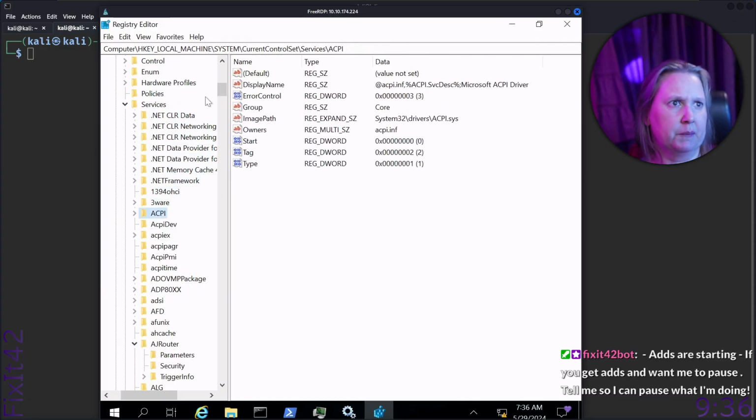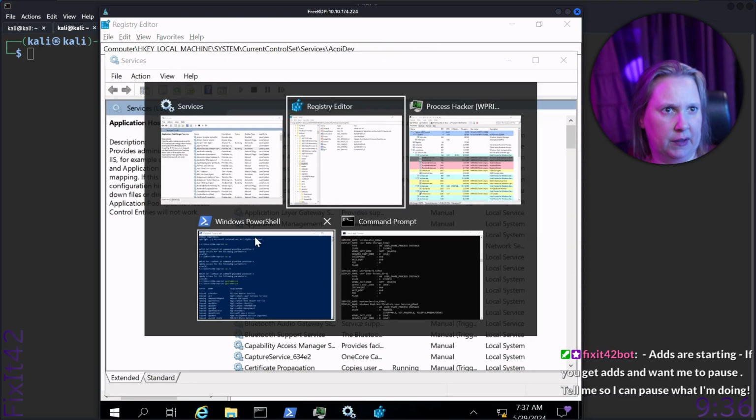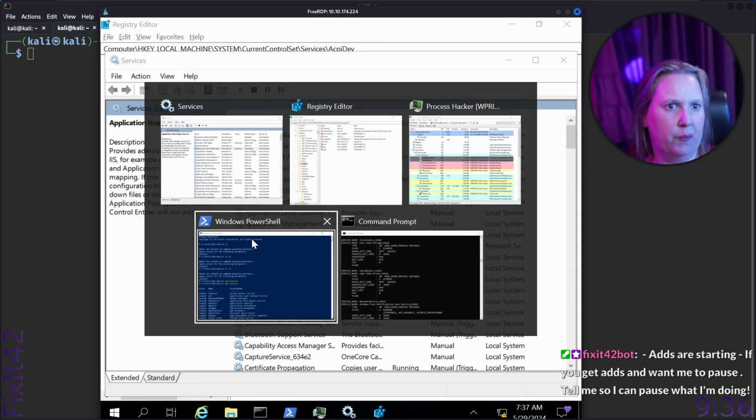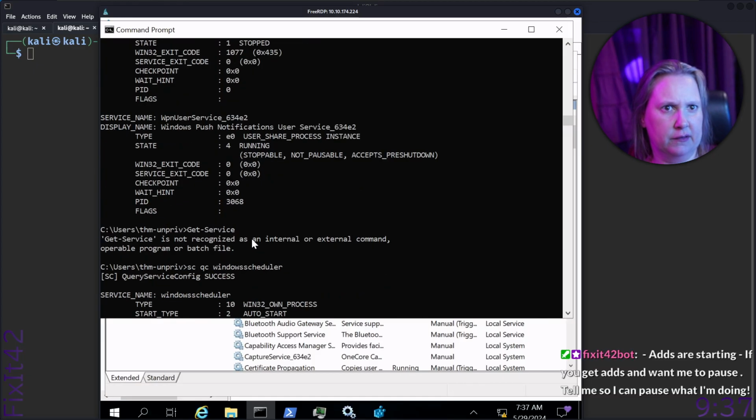Here we have image path. So if we go for the same one, tab should actually tab here. It was just slow. So if we tab to this one, we go to one that has